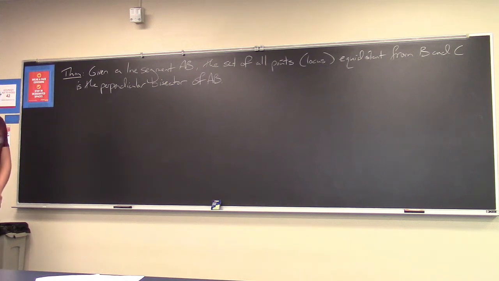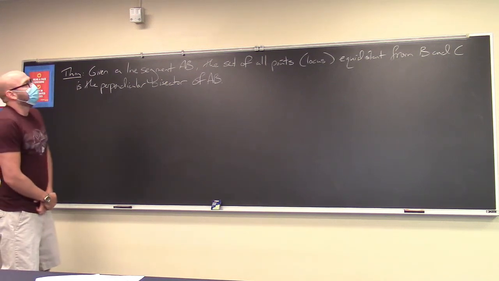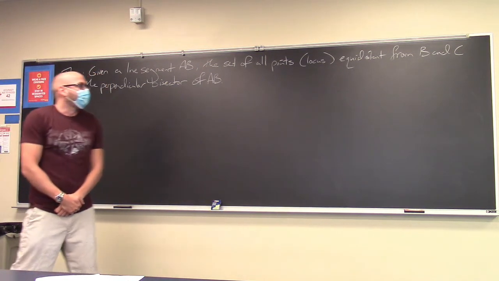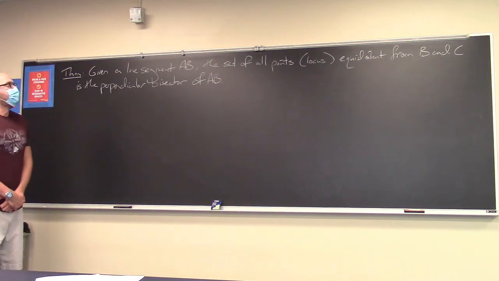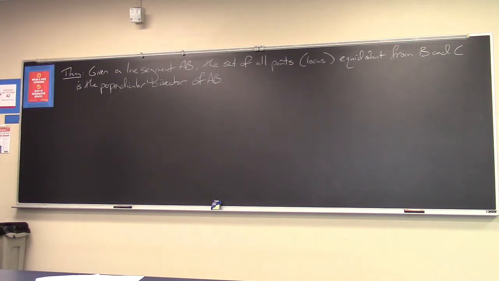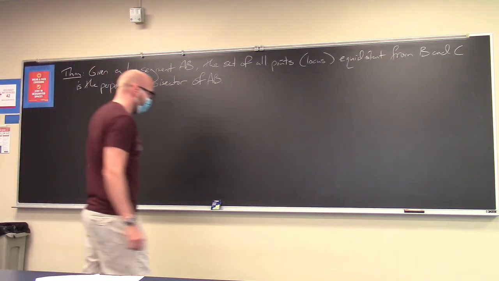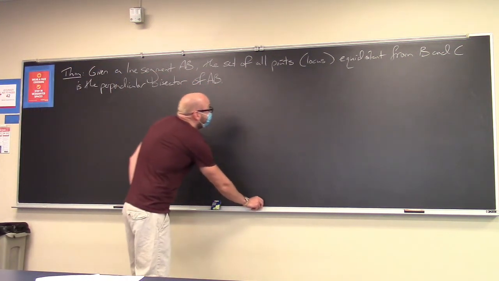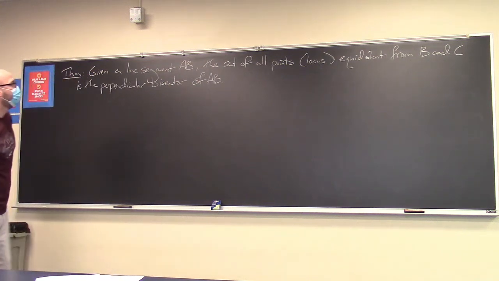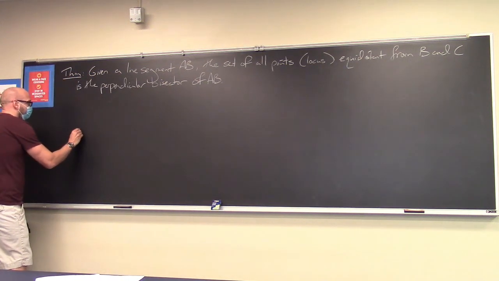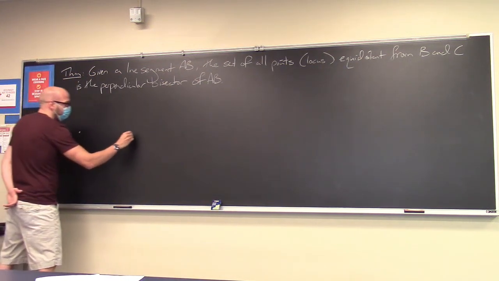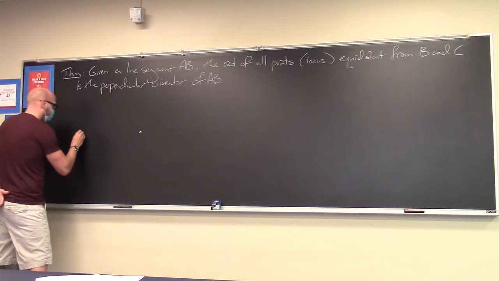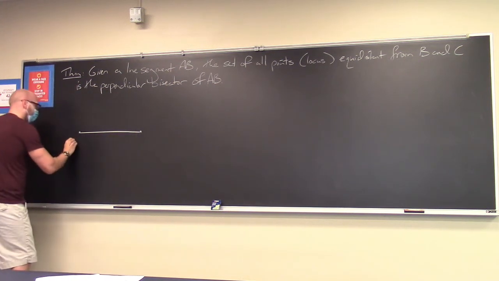We were talking about parallelograms, and we're actually done with parallelograms for now. We'll move on. We'll get to rhombuses in a second, but before we do that, we'll prove this more general statement about the following. It says if I have a line segment AB, so here's my line segment AB,